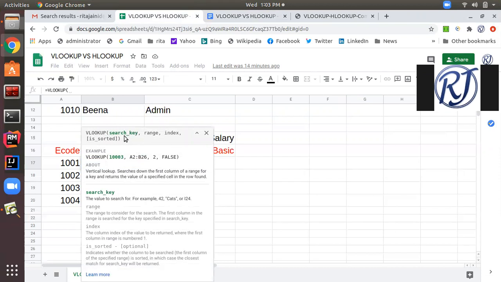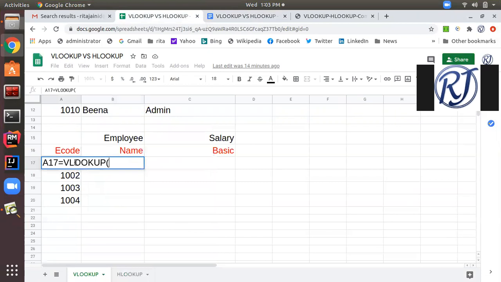First of all, you need to specify the search key or search key cell address. Then you specify the range, meaning the complete data table. Then you need to specify the index of the column for which you want to search the value. And is sorted is optional.